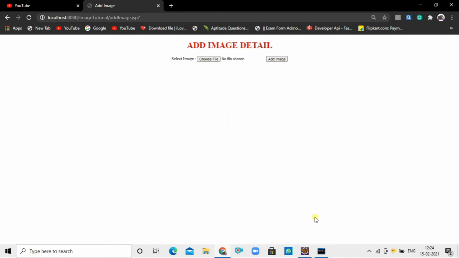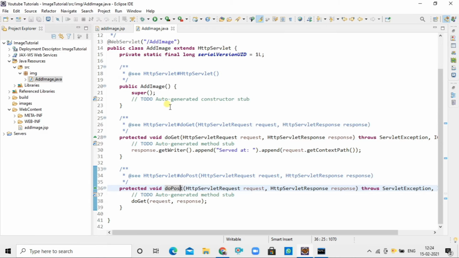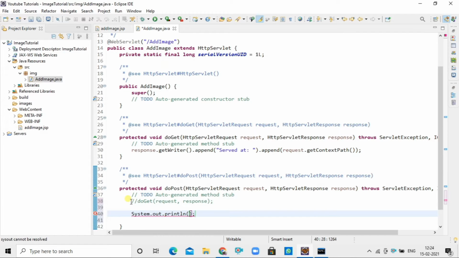And now whenever I click on the Add Image button, our control will go to the doPost method of the AddImage servlet. For checking, here inside the doPost method I will print "in doPost method of AddImage servlet".